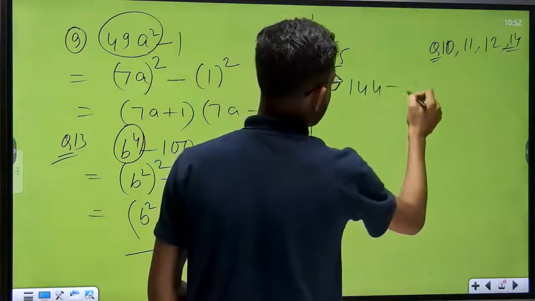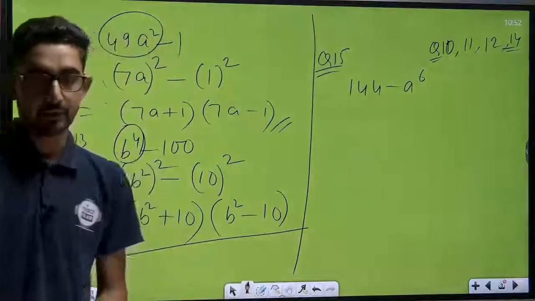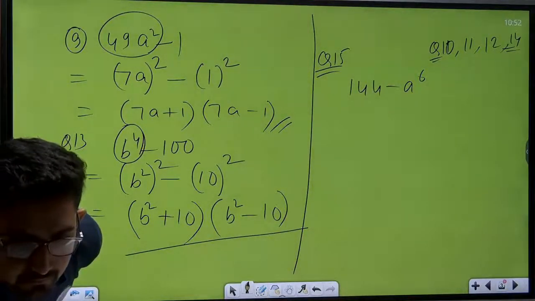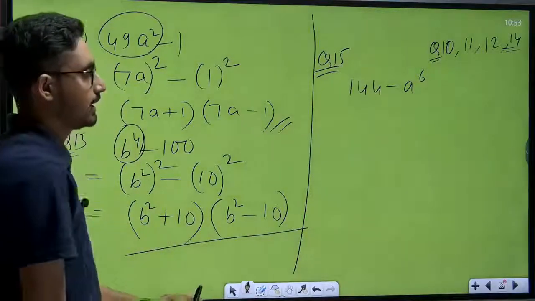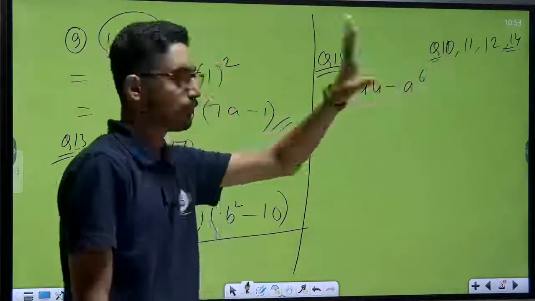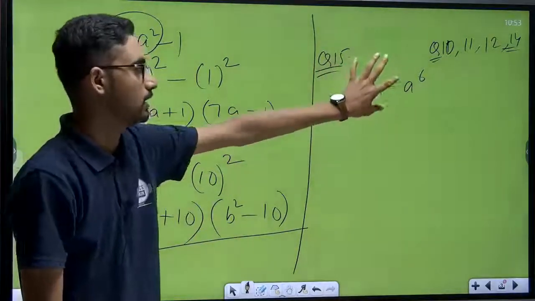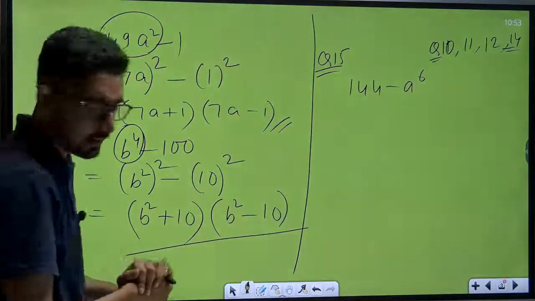144 minus 8 to the power 6. Yes. All of you think, I am giving you 1 minute again. All of you solve here, just wait. And after that you have to give your answers. Question only. Okay. So first of all, your first process is you have to find out what number squared is 144. Yes, anyone? 12. Very simple.